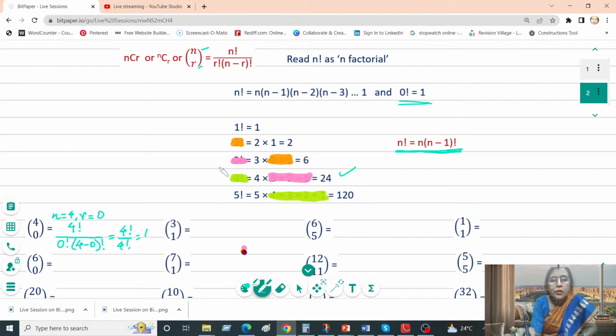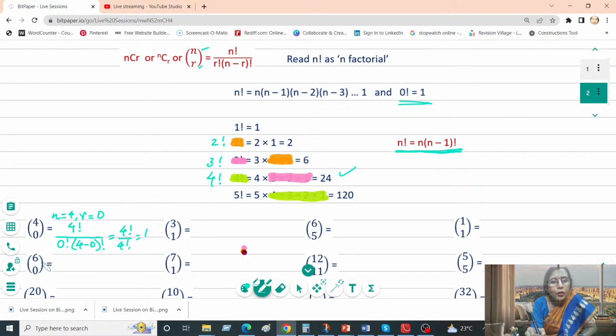Okay, the numbers are not getting seen. They are no more visible because these are actually pictures. That is why when I'm highlighting them, it is no more remaining visible. So this is 3 factorial and this is 4 factorial. And 4 factorial is 24. So it is basically 24 divided by 24, which has to be equal to 1.